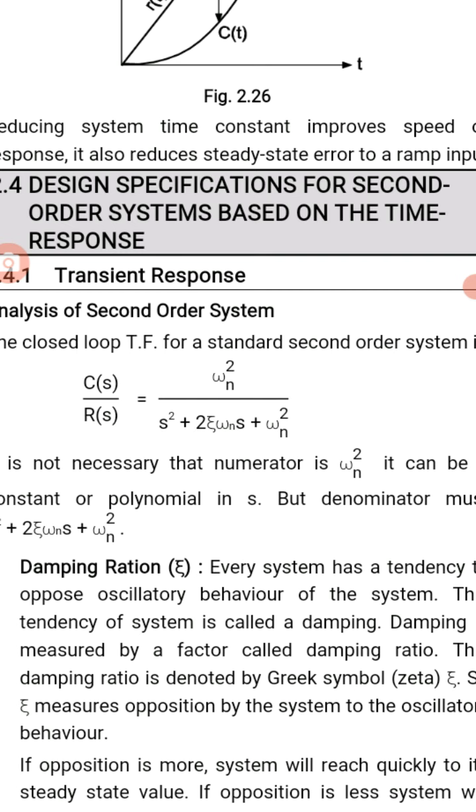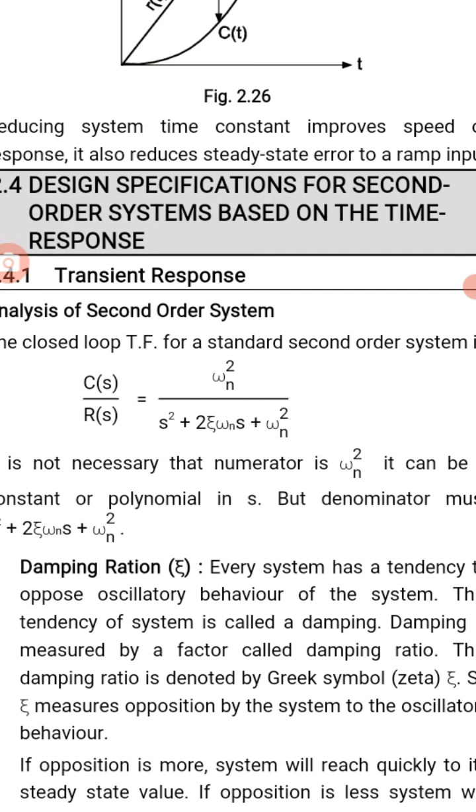From where has this equation arisen? I told you just before that in an RC system, if I have V in, then a resistor in series, a capacitor in parallel and V0 at the output side, that means an RC system is connected and the corresponding output is taken, that is a first order system.